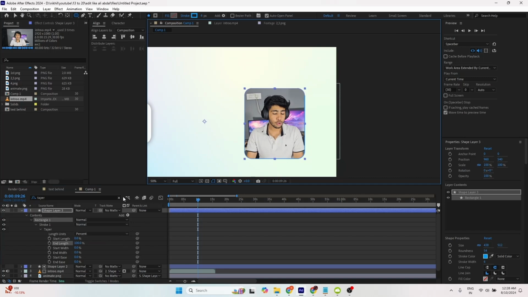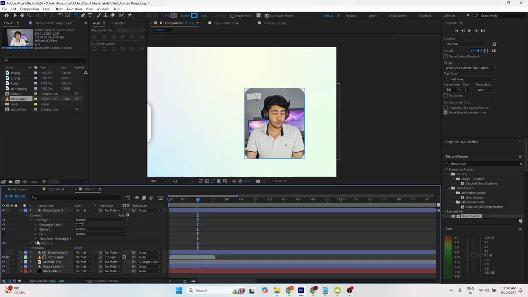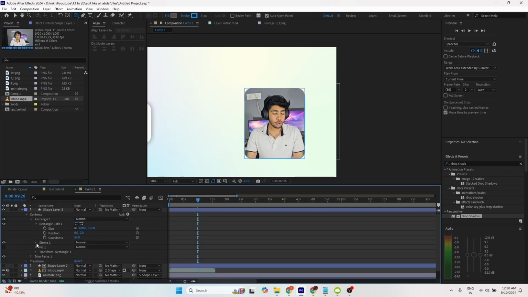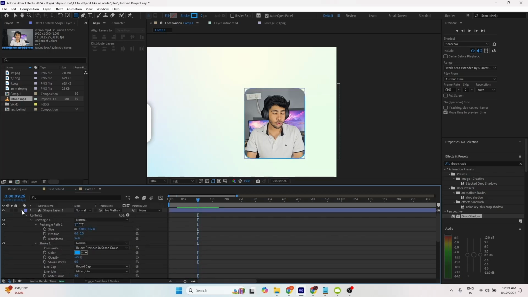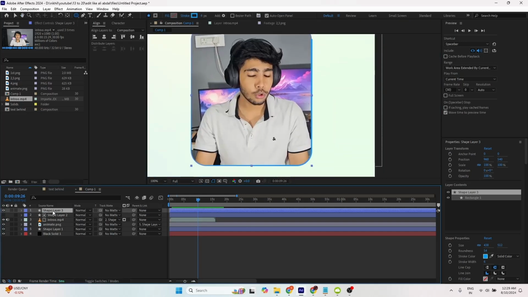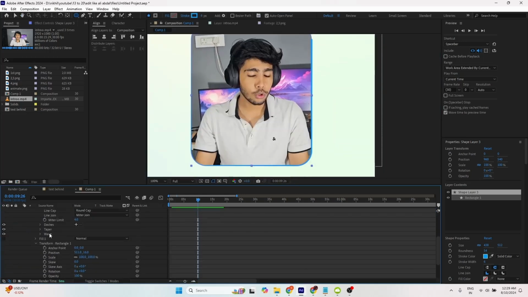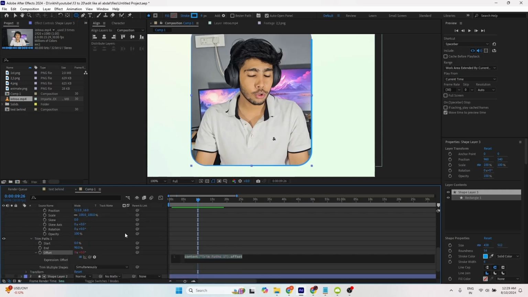So I'm searching from here. By the way, you can also get all of this from here as well. If I open this, it's just a faster way to search from here as well. So now we have it. It's time to animate this. So open the trim path and just alt click on offset and type asterisk